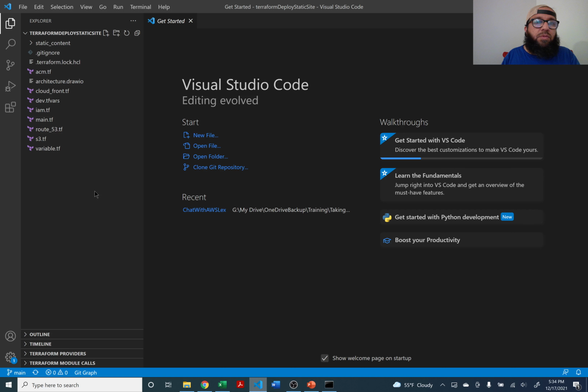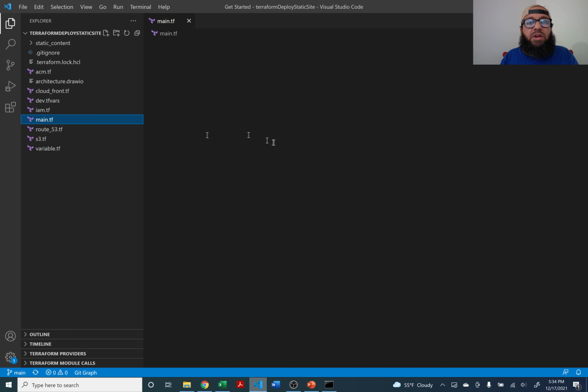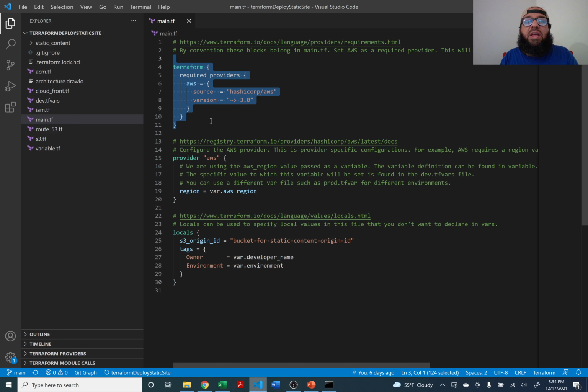The very first thing that I usually like to talk about in any Terraform configuration is the main.tf file. So let's go ahead and take a look at the main.tf file. Within the main.tf file, I have configured the Terraform block, and in the Terraform block you have to specify the provider. In this case, the cloud. You can think of a provider as a provider of resources. In this case, the provider that I'm configuring is AWS, and the resources that I'm going to be creating include